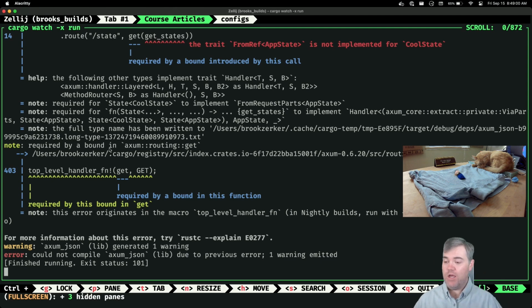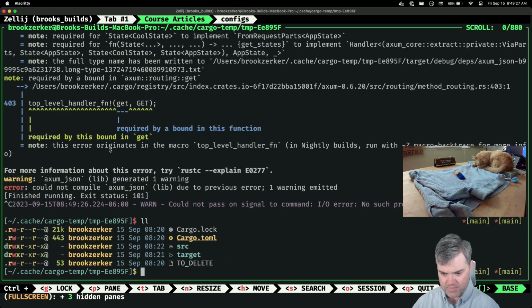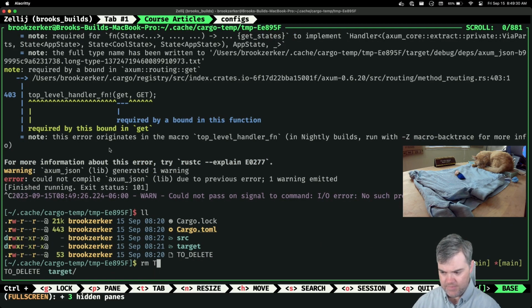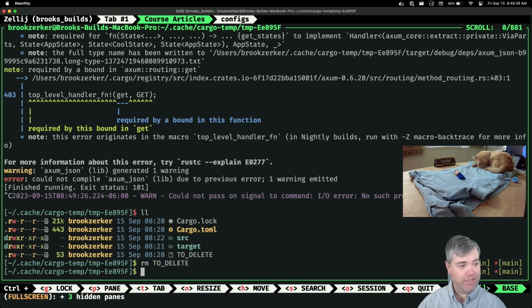Okay, so we can only pull in a single state per route handler. That might include the middleware for the route too. Okay. This is interesting. I'm going to delete that so we can keep it.